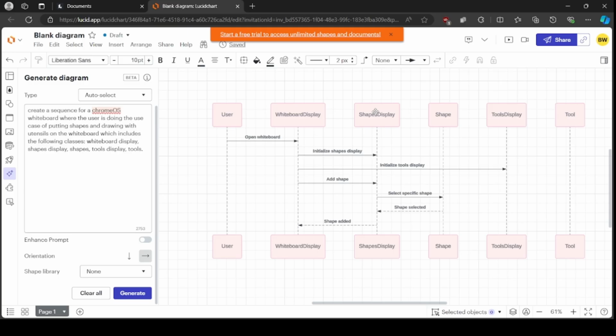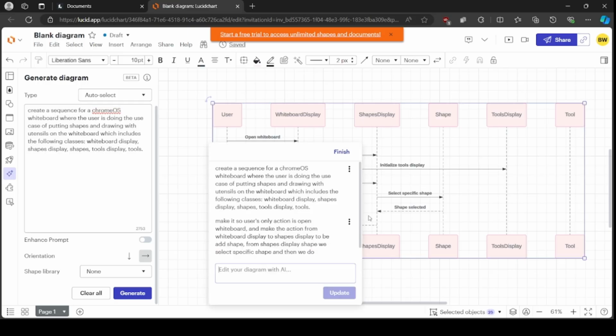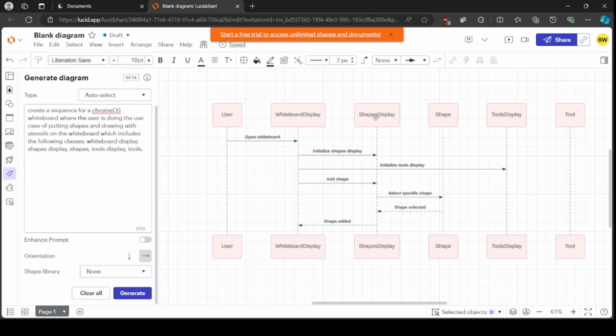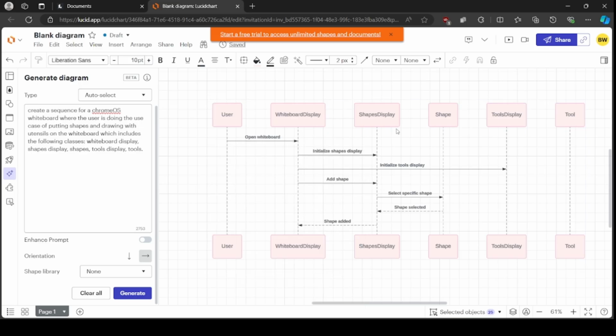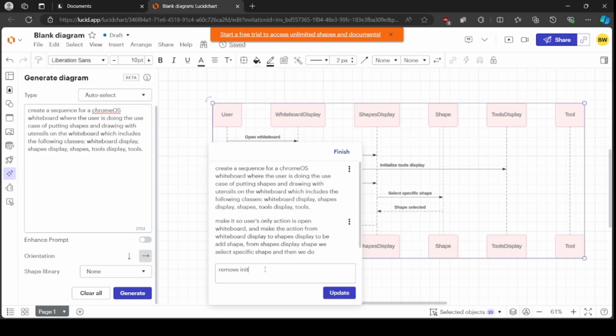All right, well, it still did initialize shapes display. Let's just say, remove initialize shapes display. And then for some reason the tools thing got removed. All right, so let's just do this. Remove initialize shape display and tool display,